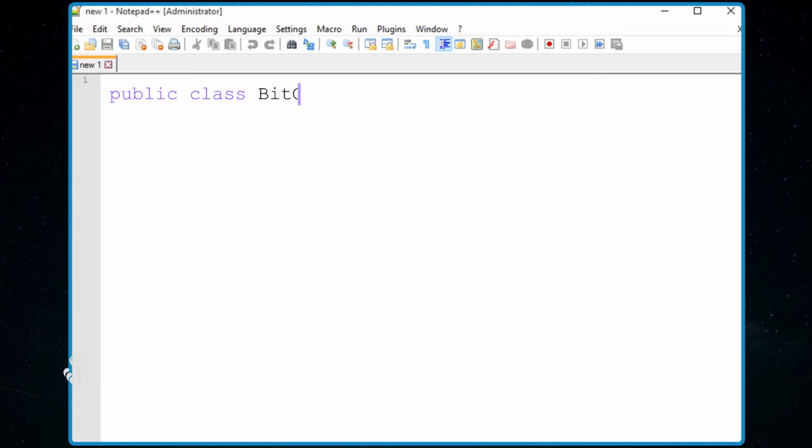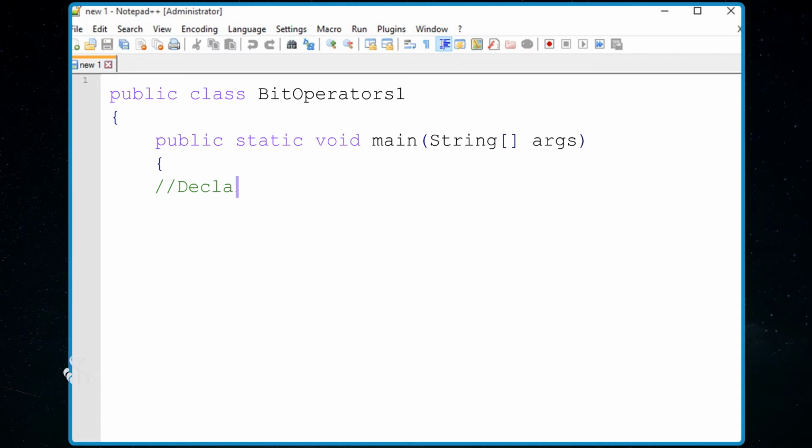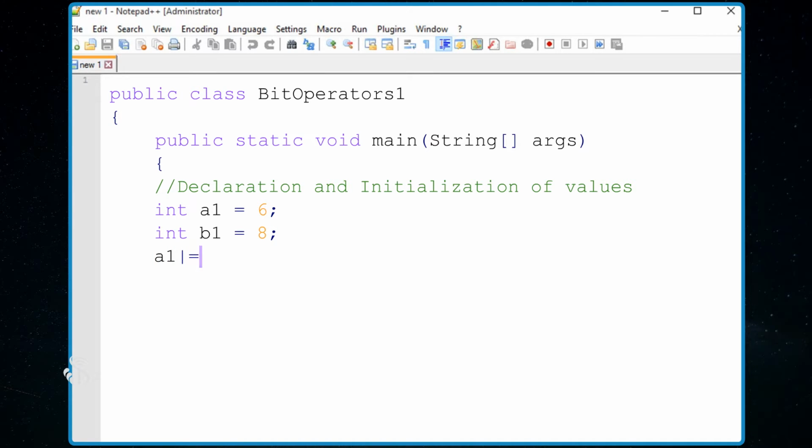Public class bit operators 1, open curly bracket, public static void main, open bracket, string, open close square brackets, arguments, close bracket, open curly bracket, double slash, declaration and initialization of values, integer a1 is equal to 6, semicolon, integer b1 is equal to 8, semicolon, a1 or is equal to 4, semicolon, b1 right shift is equal to 1, semicolon,